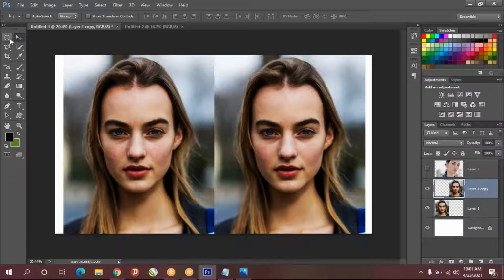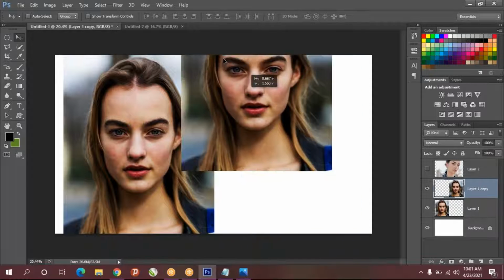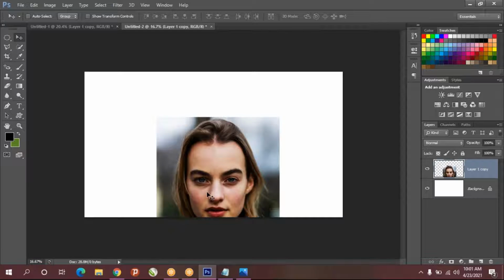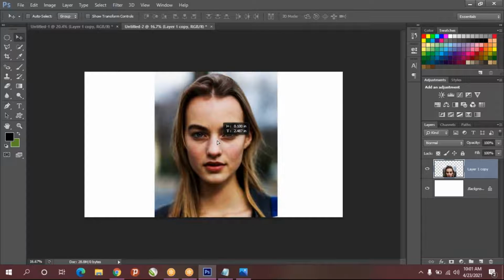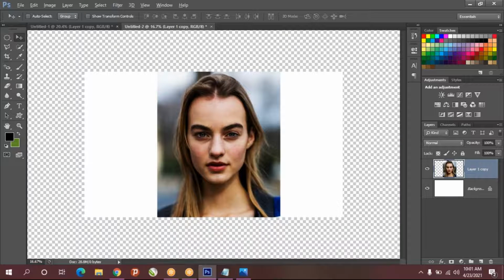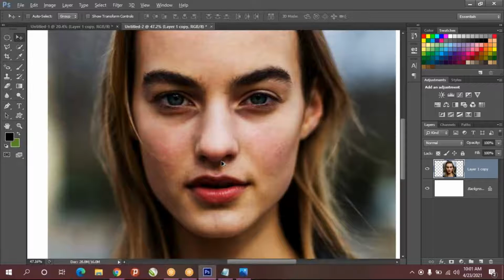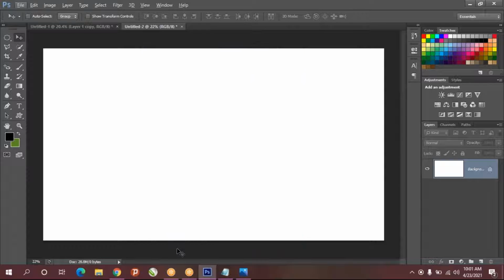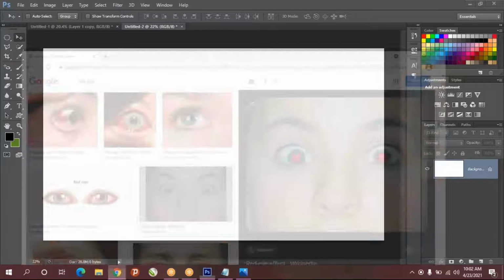So we are going to see how to save in PNG format. This image only I'll take to this document. Or else we'll choose some other image. Go to the internet.